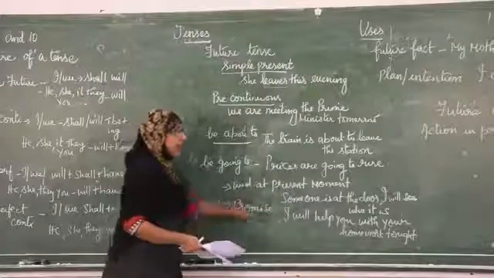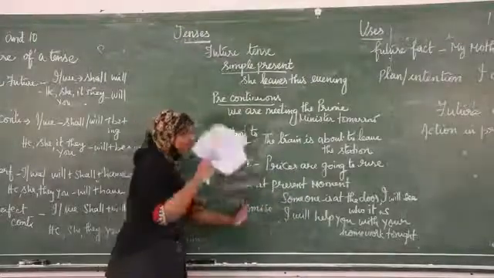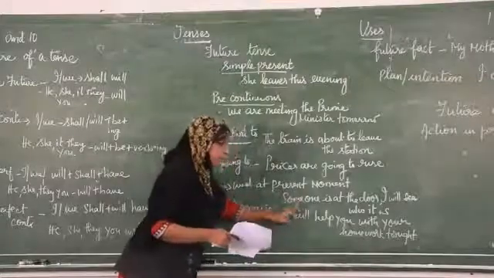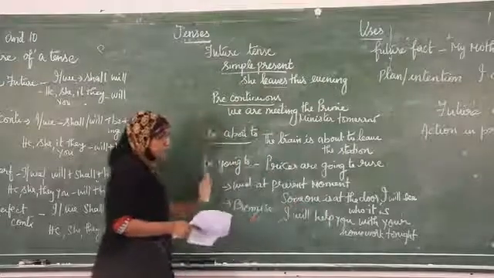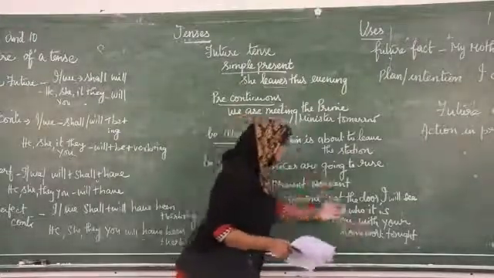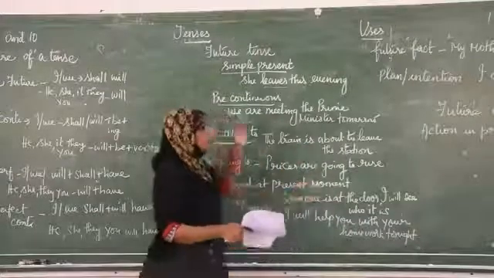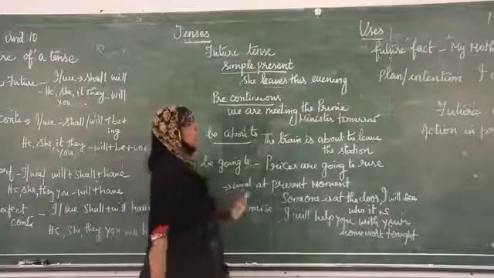Then promise. Promise means you are going to help them. You are promising. At that time, what do you have to use? Always the verb should be will. I will help you with your homework tonight. If you see, most of the things here, with the time mentioned, tonight, the verbs are in present form, but still it refers to an action that is going to take place in future.